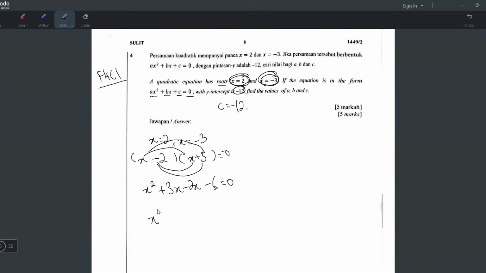So final answer, x squared plus 3 minus 2 is plus 1x minus 6 equal 0. So that's the answer. A equals 1, B equals 1, C equals negative 6. Okay, but I'm looking at the schema, and the schema actually gives a different answer. So what I'm gonna do is I'm gonna try the other method here and compare the answer and see